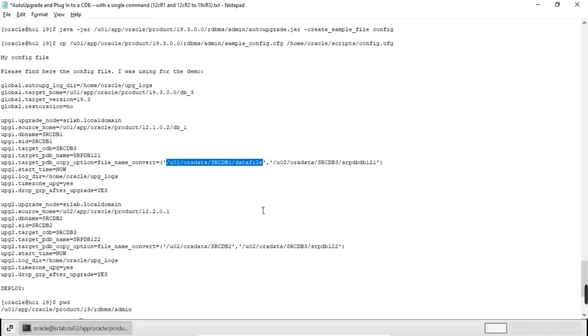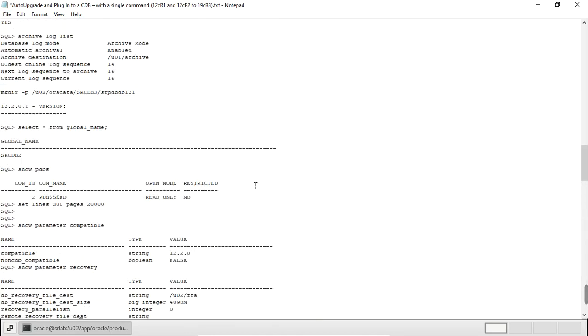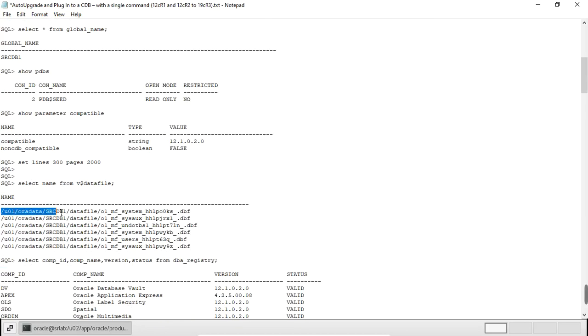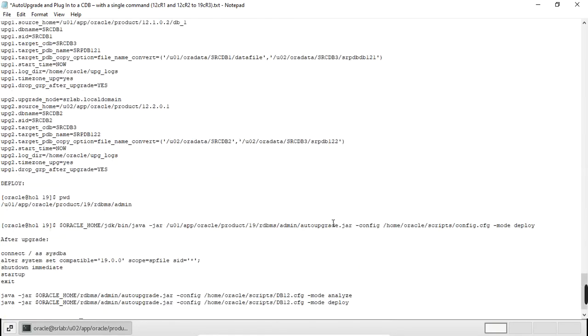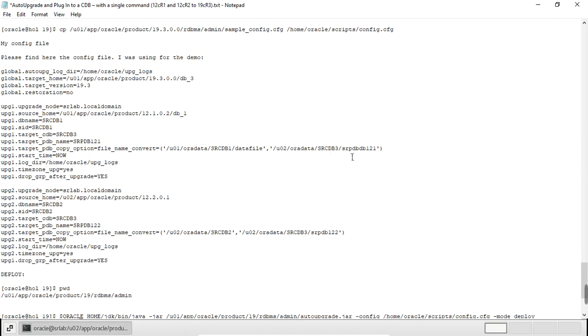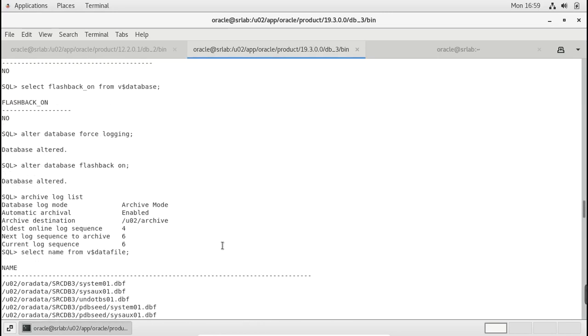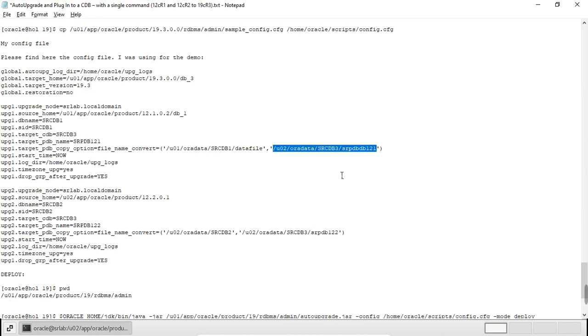this data file. I already showed you. Here it is the data file location. This location I have mentioned here, and here we need to create this directory, because you can see the location of the data file: u01 oracle oradata, u02 oradata srcdb3, and the database is going to reside here.